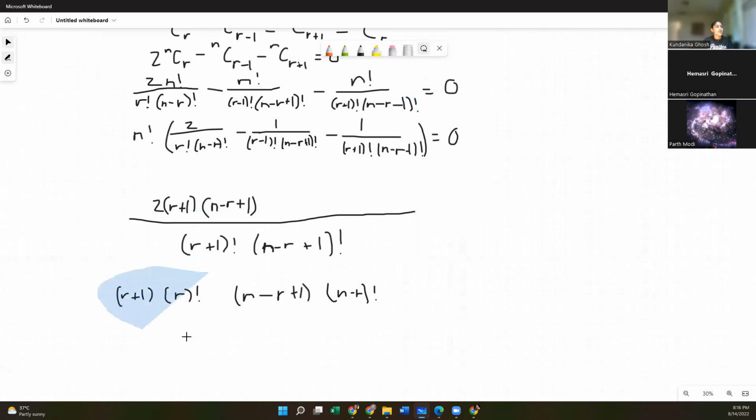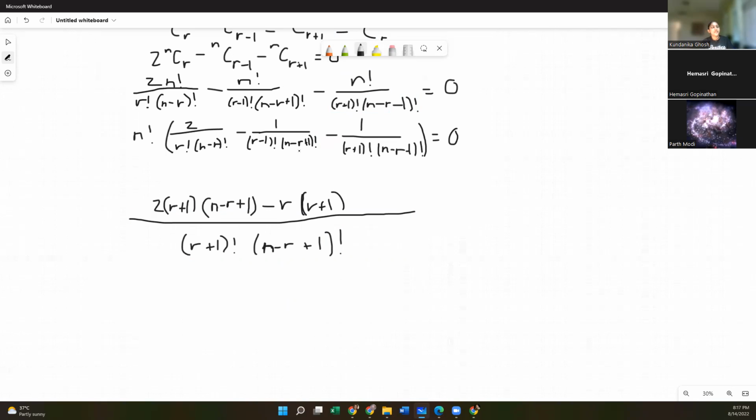Okay. Now all we're gonna do is apply the same concept to the rest of the terms. So we have, okay, r minus 1 factorial, right? r plus 1 factorial can be rewritten as r plus 1 times r times r minus 1 factorial, right? Right. So r minus 1 factorial, we can cancel that out with the denominator. So all that's left in the numerator is r times r plus 1. Do we get that? Yeah.